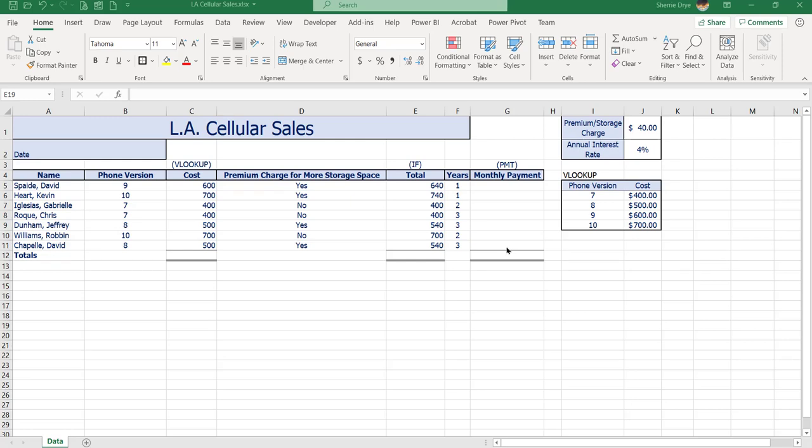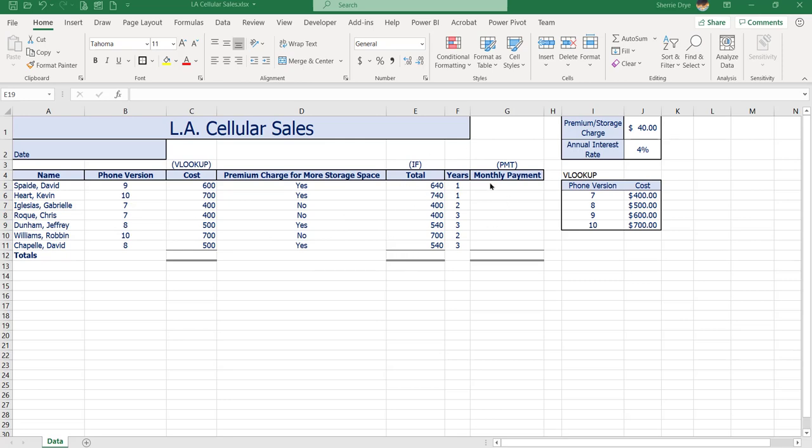Let's look at the payment function, which is used when you want to calculate the monthly payment that you would be making on a loan. So in this case, we want to calculate the payment based on the amount that we are going to borrow, and then the interest rate, and then the number of years or amount of time that you'll be paying on that loan. So in this case, we have our phone sales, and we've got the total amount for the phone,